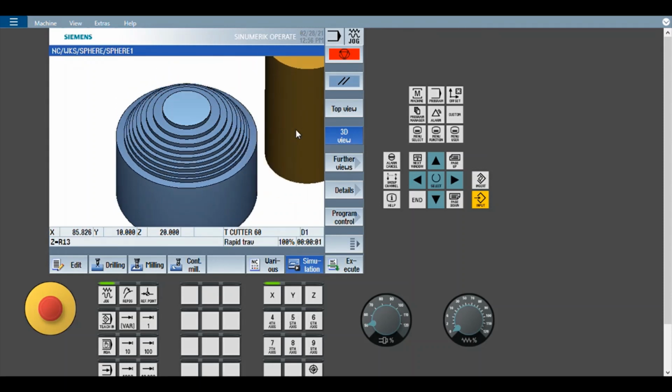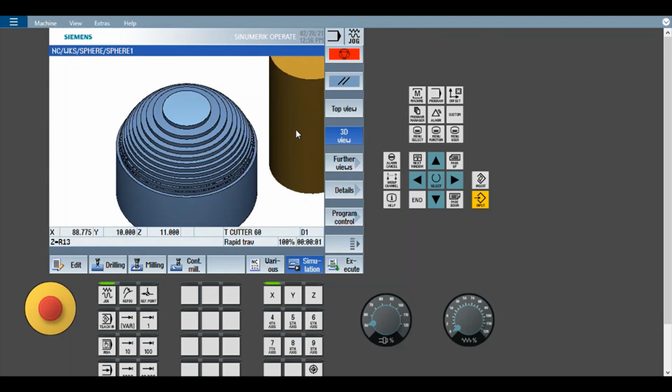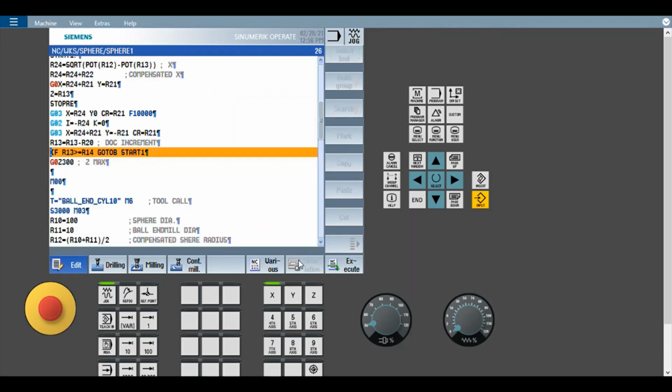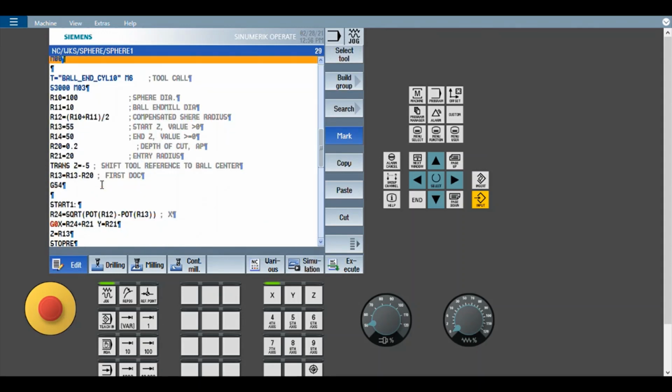So according to the Z point, the X is automatically calculated. Then the ball cutter: here the sphere diameter, the ball end mill diameter, and here the compensated sphere radius. Calculating the point on the sphere would be difficult, because with your ball cutter the cutting point will differ with Z values.